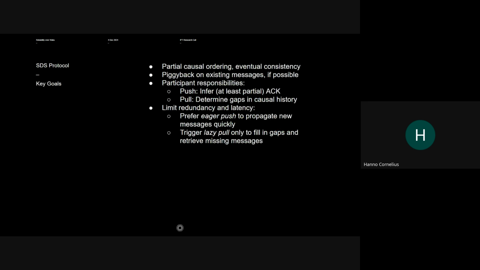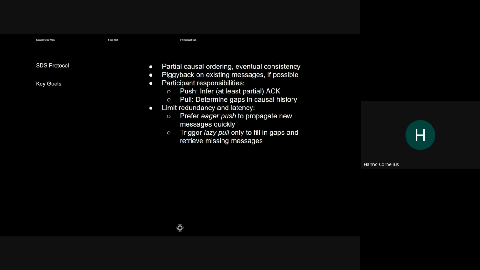Okay, so what do we do? We want a protocol that can be scalable, but still provide at least partial causal ordering and eventual consistency. And these terms just mean that within a reasonable time period, all participants in the group communication should agree on what messages have been sent and in which order they should be represented in their own copies of the communication log.